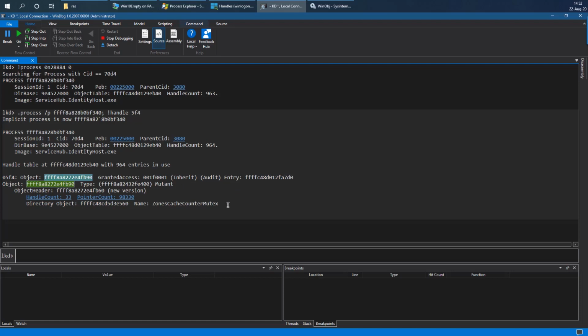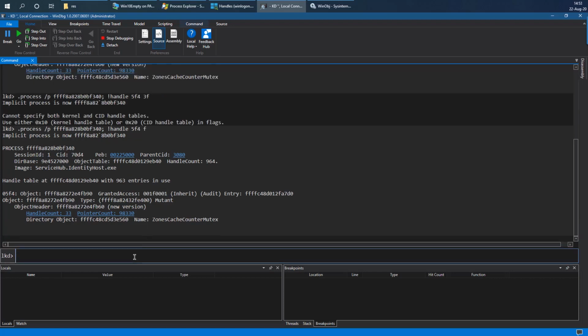We can see that in fact the object name is zones cache counter mutex, and we see the directory object where it resides. And normally we see the handle count and pointer count like we do in any !object command. And so the special line here is this one. That line indicates that this is a handle with this particular bit mask access. And so this indicates what kind of operations we can do using this particular handle. Okay, so now I can go ahead and do something very similar, but just show all the handles in that particular process